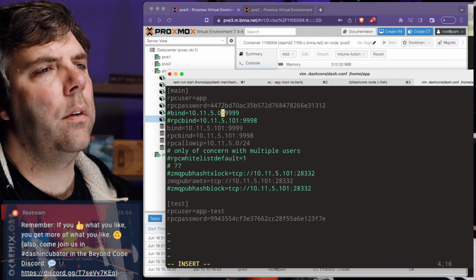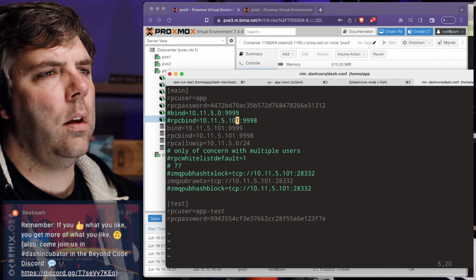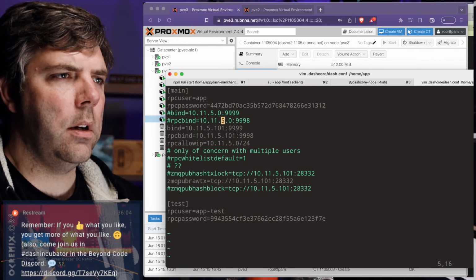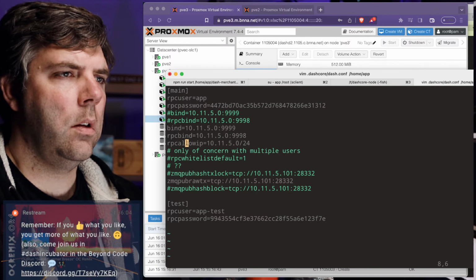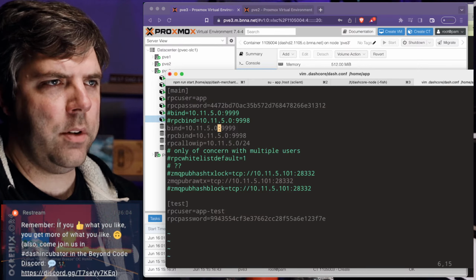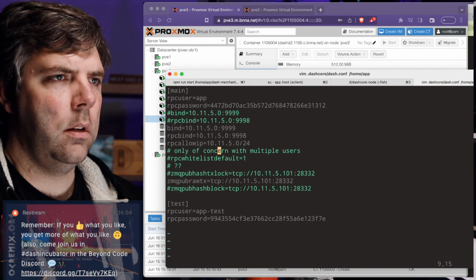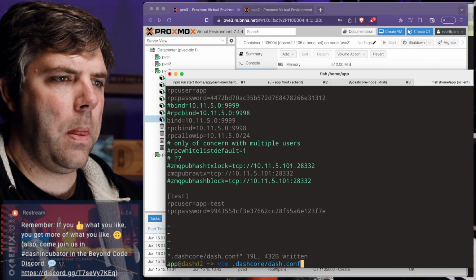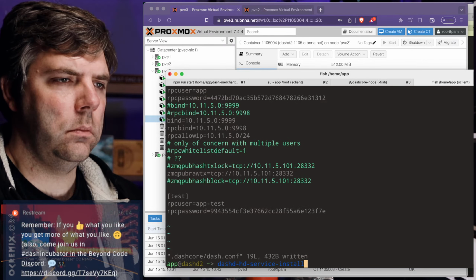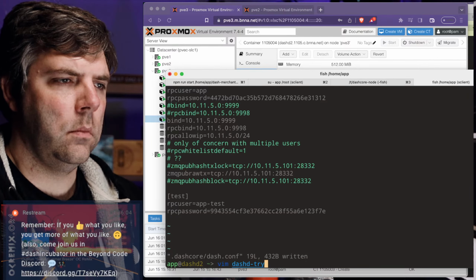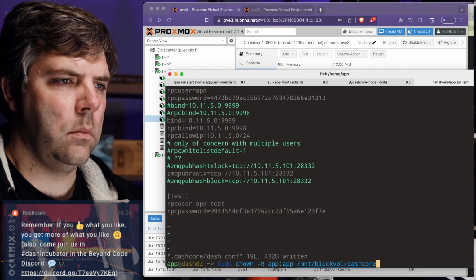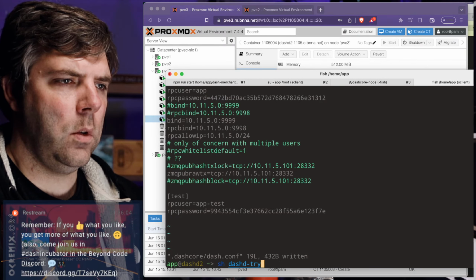I wonder if I can use zeros here. Let's try that. So just say bind whatever address you find in this subnet. Okay, there we go.